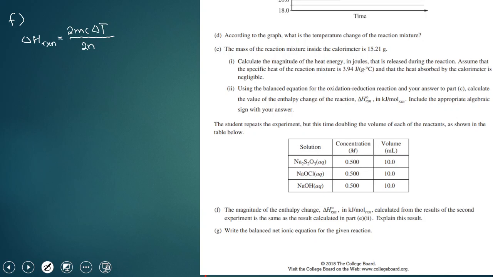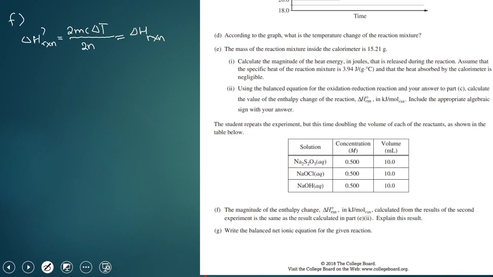And then because of that, we're still just left with delta L, right? This is delta H prime, and this is just our normal delta H reaction because it all cancels out. And so because of that, we see that the magnitude is the same. And this is why this is one of these common errors that students may make, where they expect